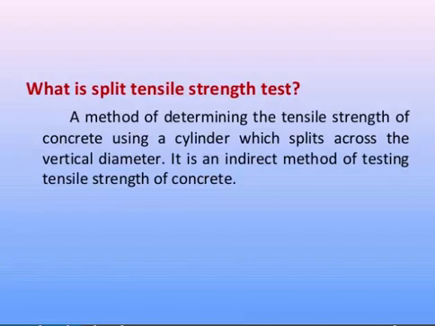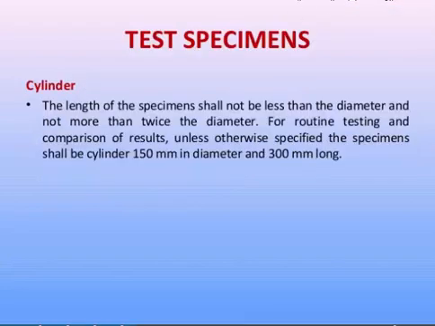Students, basically the sample is cylindrical in nature. So it is a method of determining the split tensile strength of concrete using a cylinder which splits across the vertical diameter. It is an indirect method of testing tensile strength of concrete. Now the specimen, students, when we are performing the split tensile strength test on a concrete cylinder, it is a method to determine the split tensile or the tensile strength of the concrete, and the procedure is based on ASTM